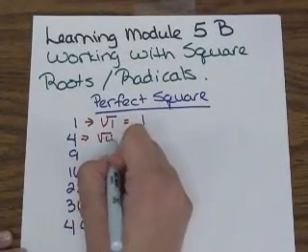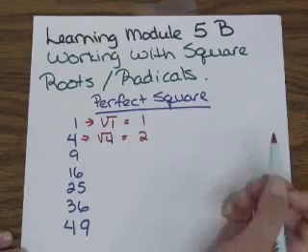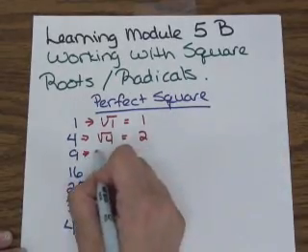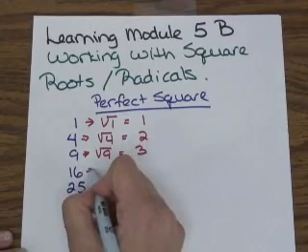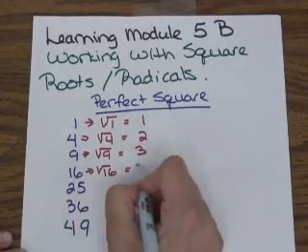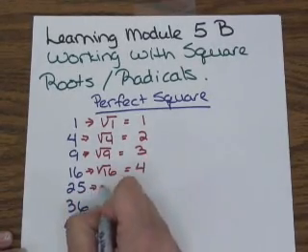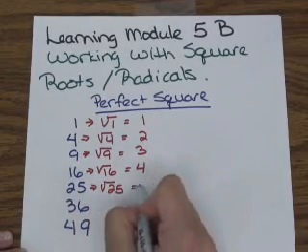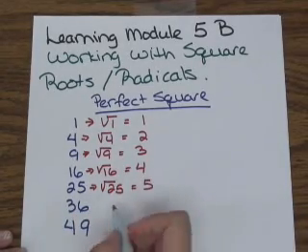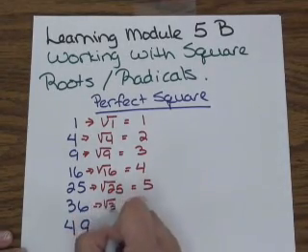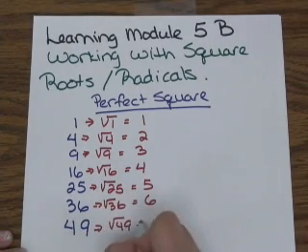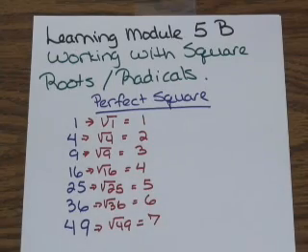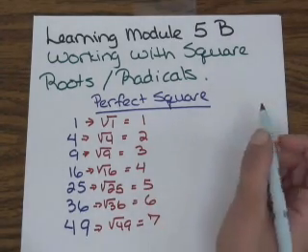The square root of 4 is 2. The square root of 9 is 3. The square root of 16 is 4. The square root of 25 is 5. The square root of 36 is 6. And the square root of 49 is 7. You might notice a pattern here. Also notice that